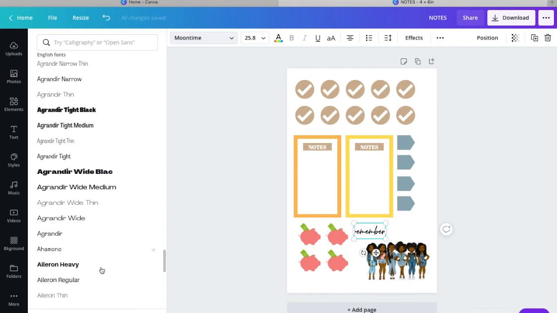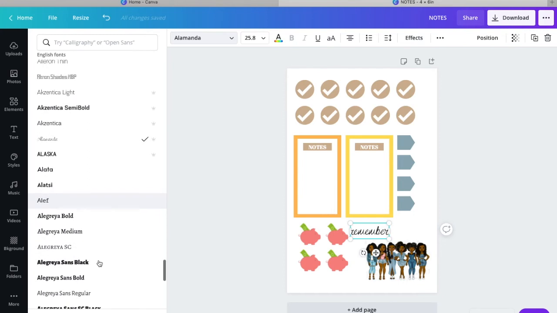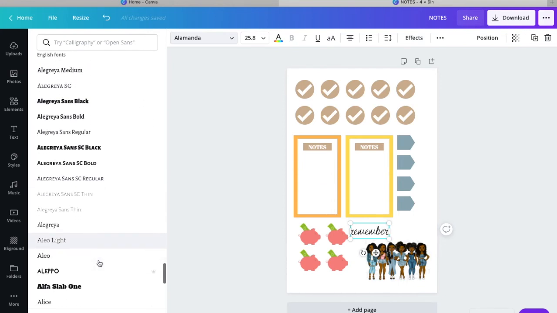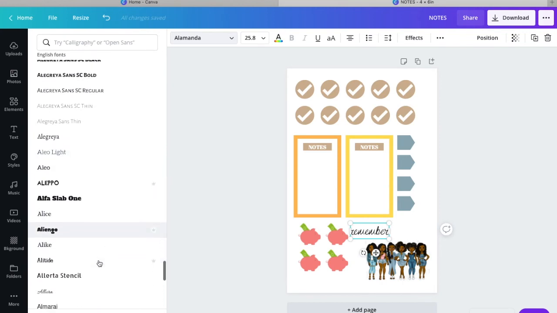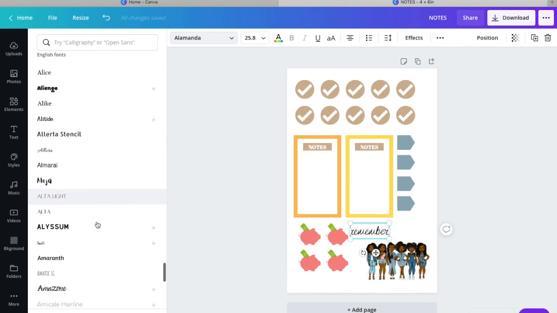There are so many fonts that you can choose from. And that's the great thing too about Canva Pro. You do get a lot of benefits of being able to select whichever font that you want. If you have the basic one, then you won't have access to all of these. Like if I was to choose one and I didn't have access, a little